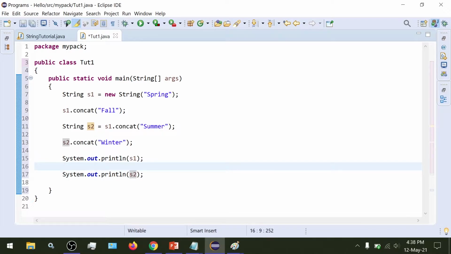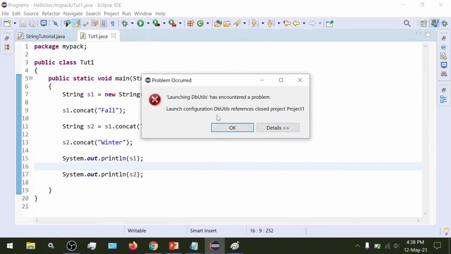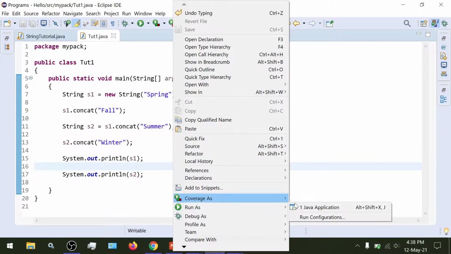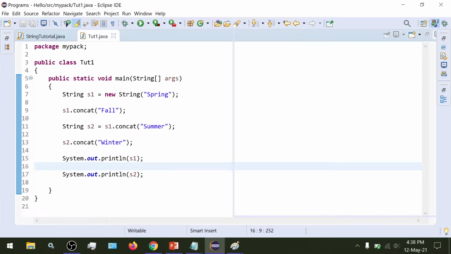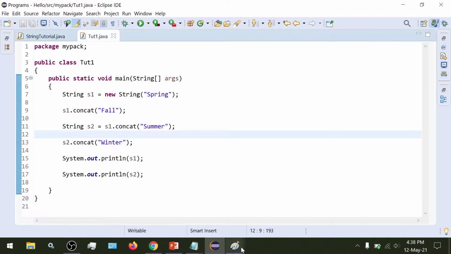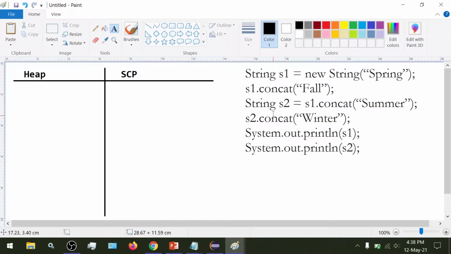So let us try to execute and take a look at the output. Okay, so we are getting the output spring and spring summer. So the value of string s1 is spring and the value of string s2 is spring summer. So let us take a look at this program. So we have the first line,